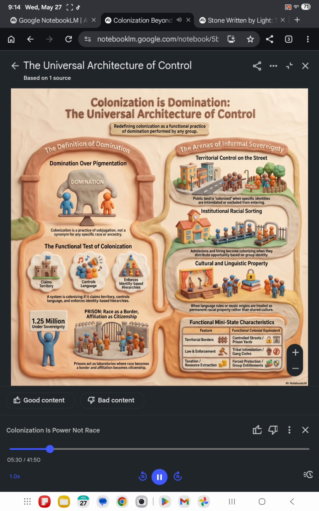So the text seems to be arguing that if the mechanics of domination are morally wrong when a white demographic executes them, then those exact same mechanics logically have to be wrong when any demographic executes them. That is the precise logic. And the author goes further to explain why corrupting this definition is so dangerous. How so? Well, if society decides that the word colonizer only applies when white people move to a new neighborhood,